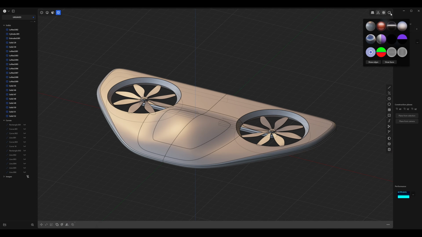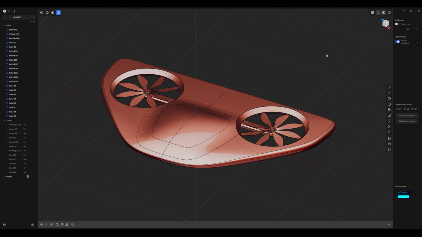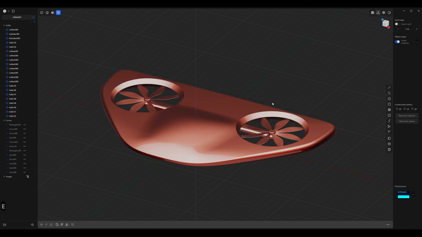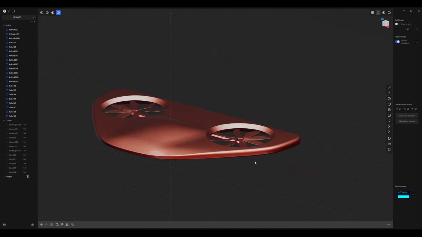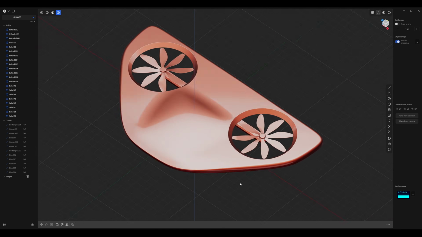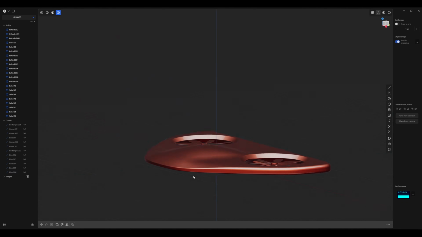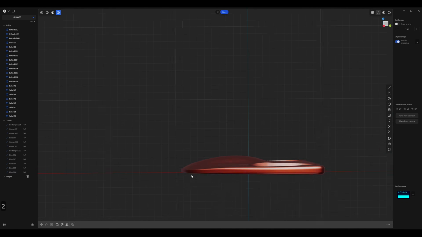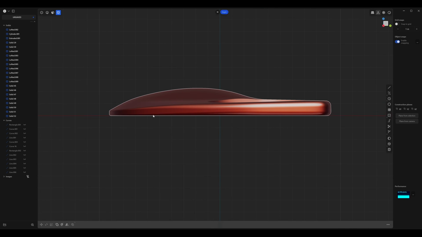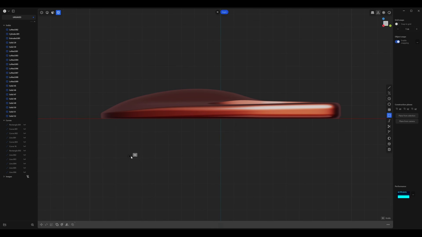And now let's just go to the red shaded mode, turn off our transparency and turn off edge mode to see what we have. So now we can add a little bit more detail by using some rectangles to cut out some lights. So go ahead and go to your profile view and let's create a center rectangle.